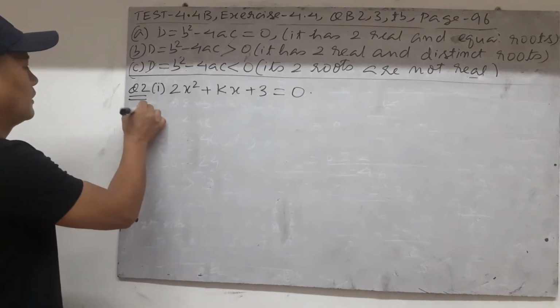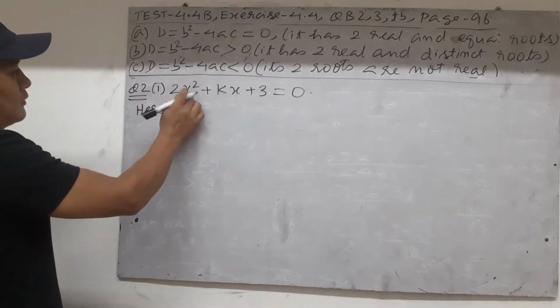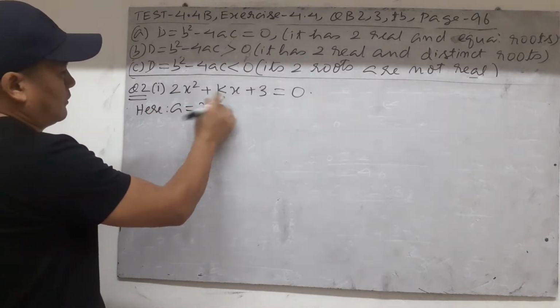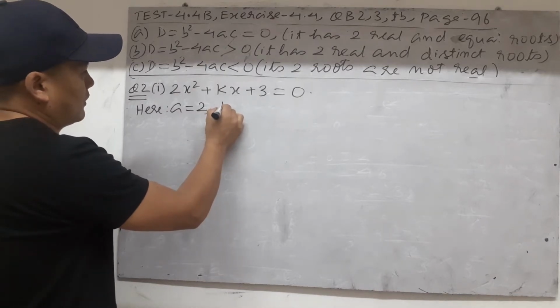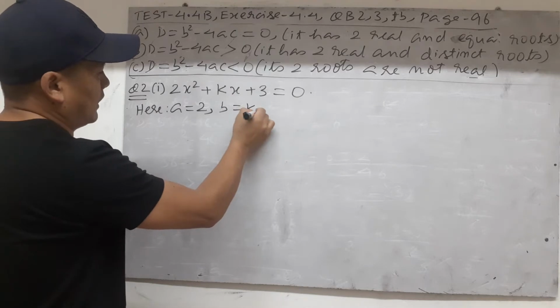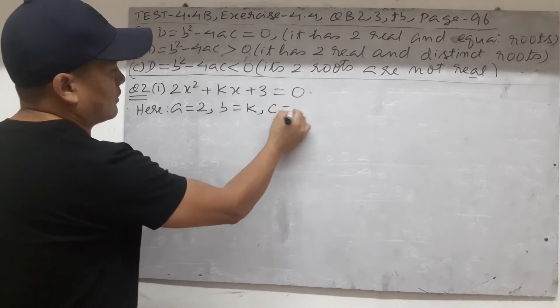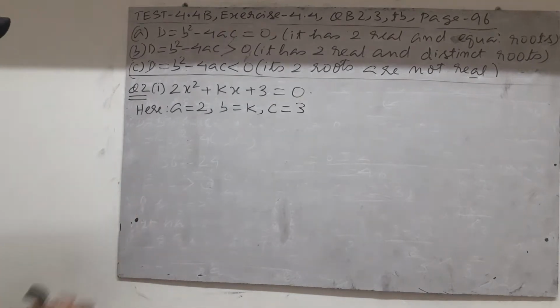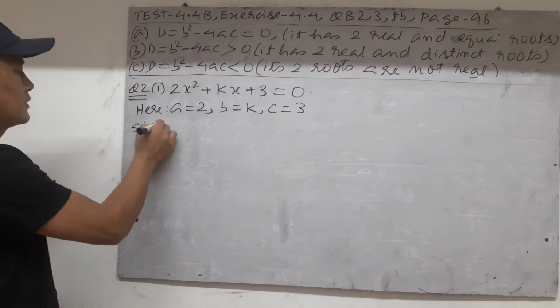So here, like we've been doing, the coefficient of x squared we find out is 2, so a is 2, then the coefficient of x is b, which is k, and c is equal to plus 3. Then they're saying, look into your question,